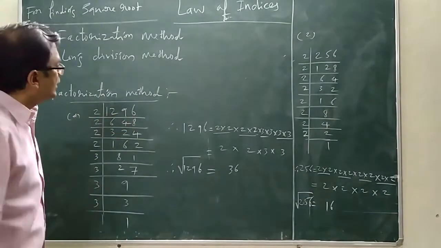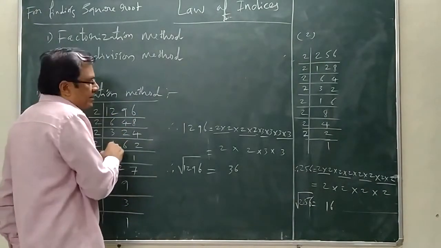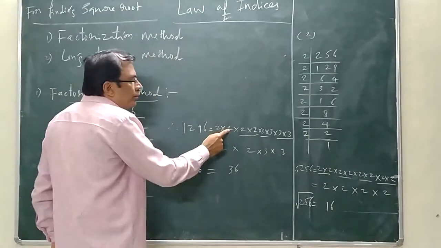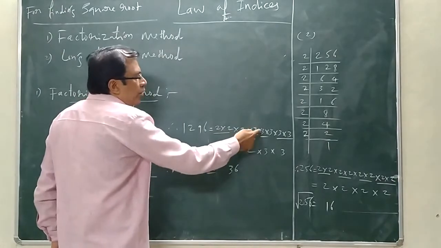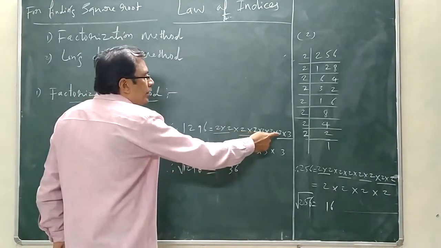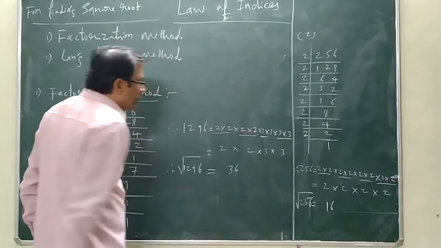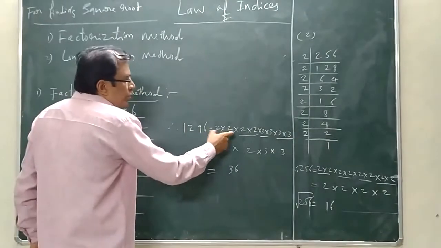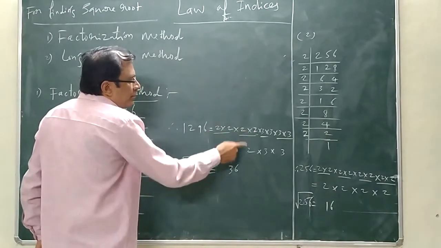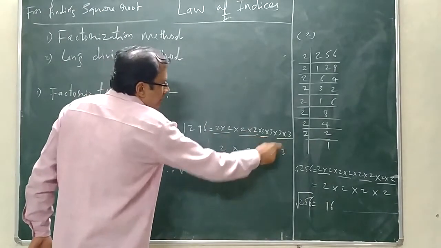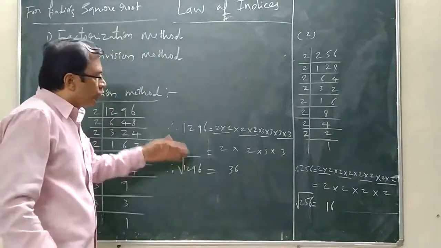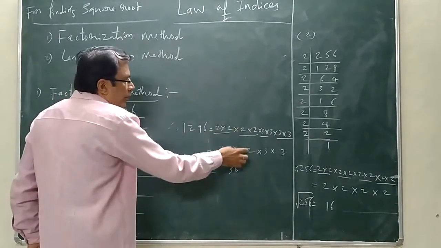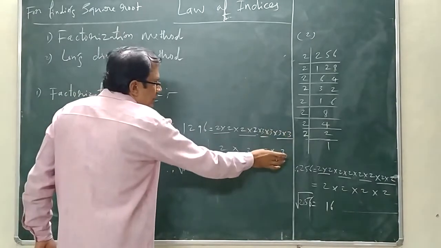And what we have to write here, we have already written here, you just observe: 2 into 2 into 2 into 2, again into 3 into 3 into 3 as well as into 3. After writing all these, we have to make pairs. In the 2's we are getting 2 pairs here, and 3's 1 pair as well as another 3's pair. So after taking one number from each pair, here you write 2, here 2, and here 3 as well as here 3.